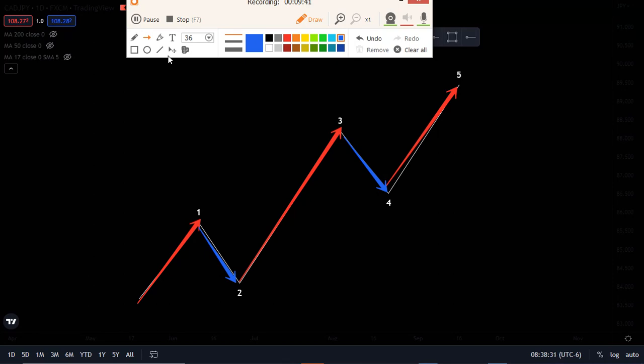Even if one is broken, it means it's not a 5-wave pattern. So you have to make sure that the 3 rules are accurately followed. So let me just clear what's on the screen. So the first principle or